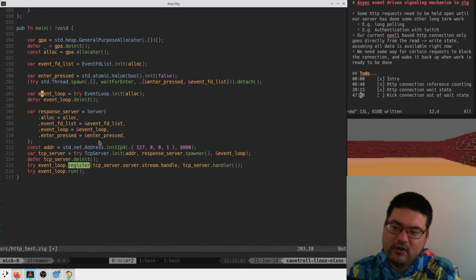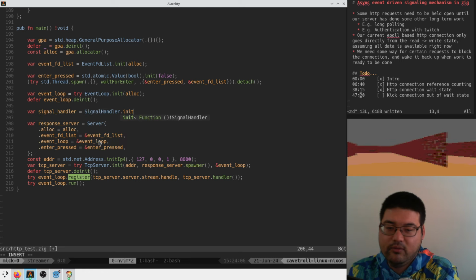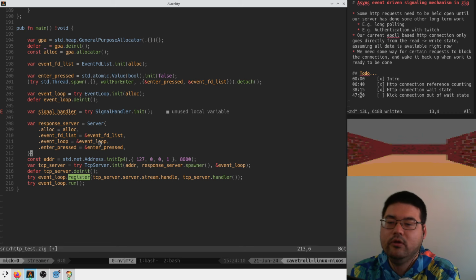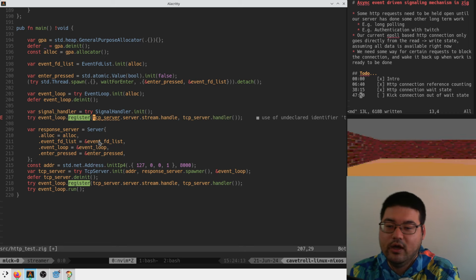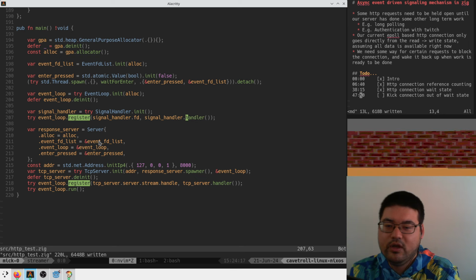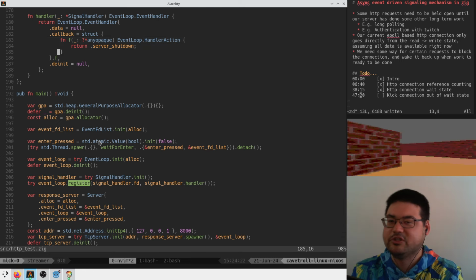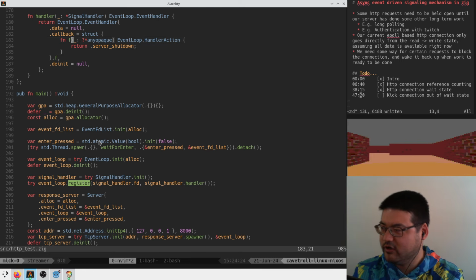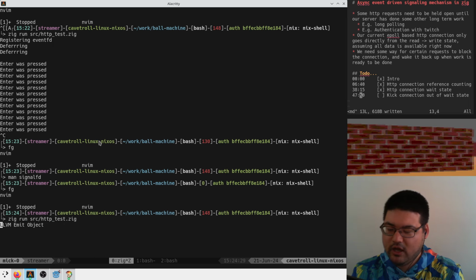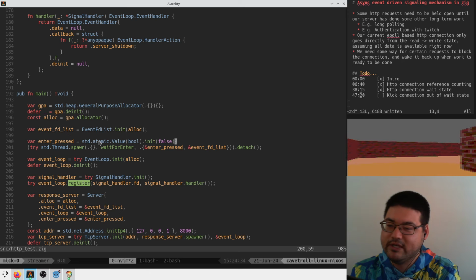So we just say signal handler is equal to signal handler init. And then we just register with the event loop, signal handler FD, signal handler. And this handler, like in the thing we copy pasted from, just requests that the server is shut down when it's triggered. So when I run this now, if I press Control C, we should get a graceful exit. There's no proof here that there's a graceful exit, but we can prove it pretty easily